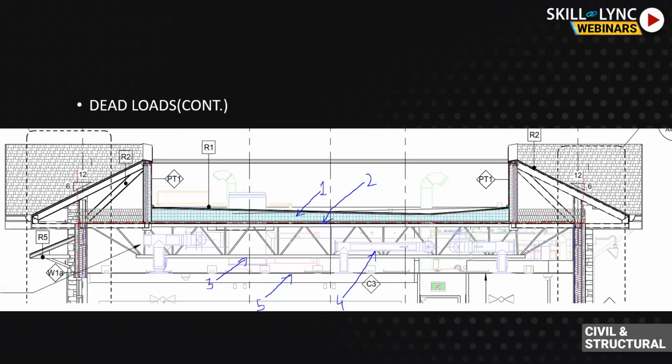Now, as I quoted some of the points here, I'm just showing these things with a classical example of a metal roof deck. What all things would be there? So the first thing, number one here that you could see, is some kind of insulation. Again, in insulation there are a lot of variations, a lot of materials that are available that can act as insulation. Some are lighter ones, some are heavier ones. So depending on the requirements of the project, depending on the specifications from the client and the architects, we get to know what the roofing element is and what the insulation element is.